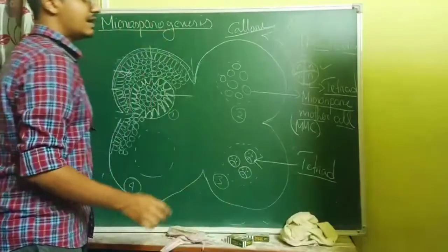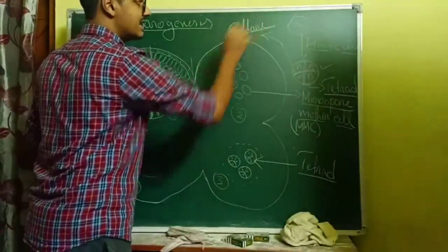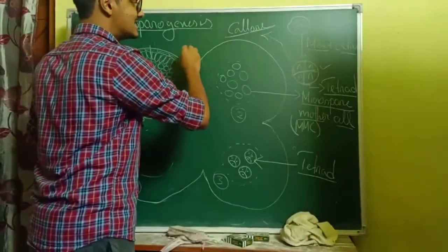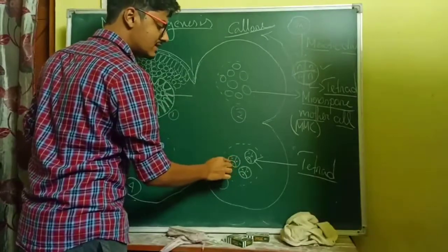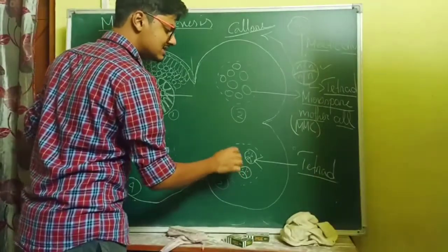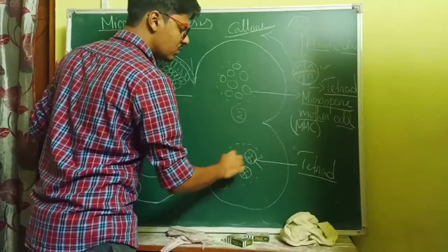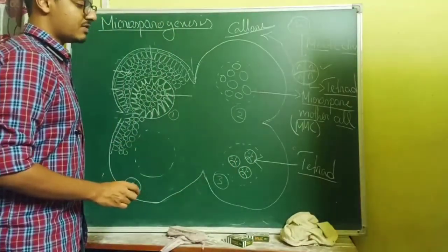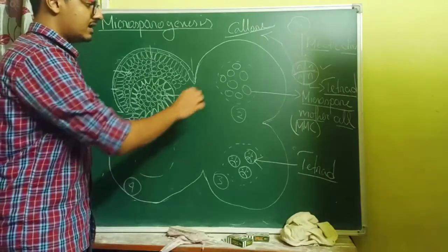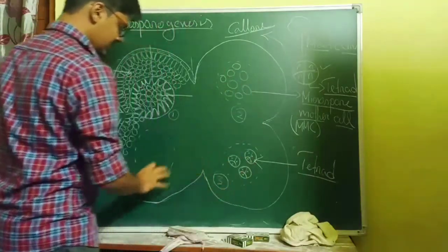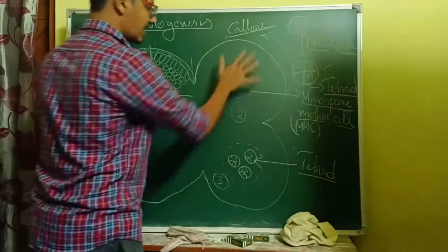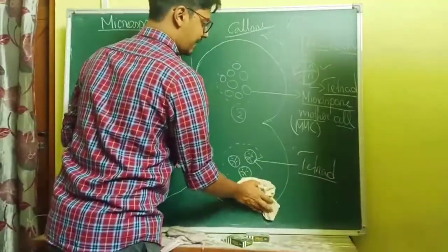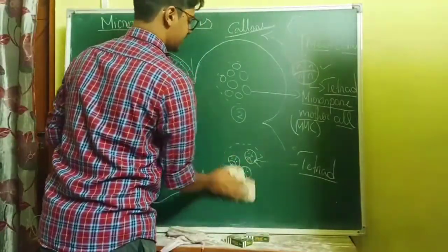After this, what will happen? As I said, the tapetum will secrete callase, and callase will dissolve this thickening, and because this thickening will dissolve, these cells will start to separate from each other. I am removing this part, because the 4th stage is here now. Let's see what happens in the next part.